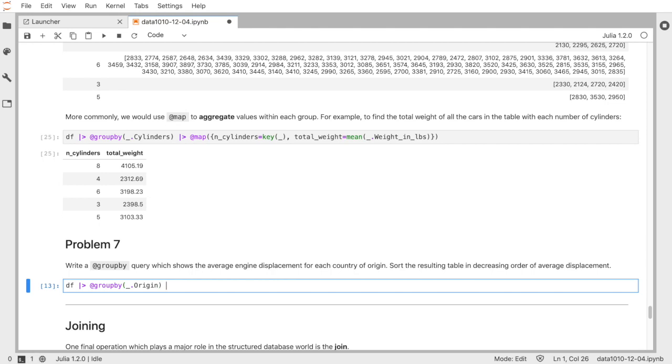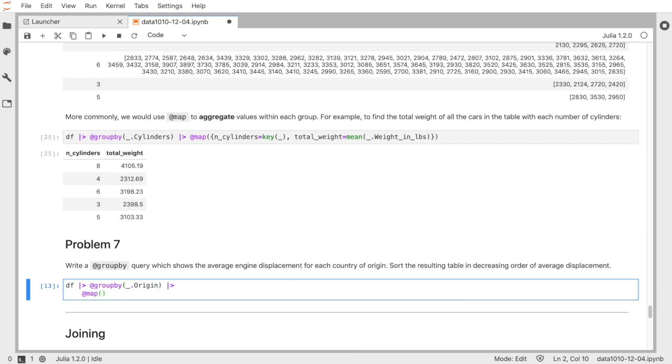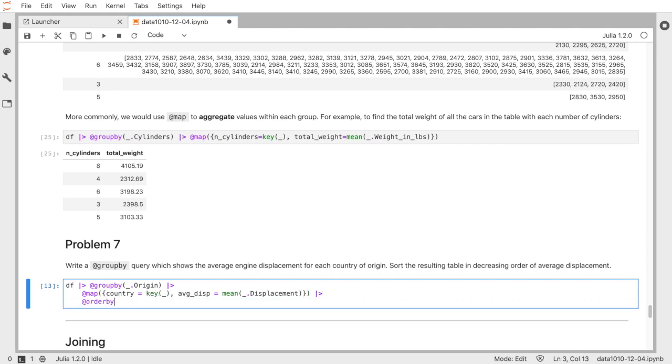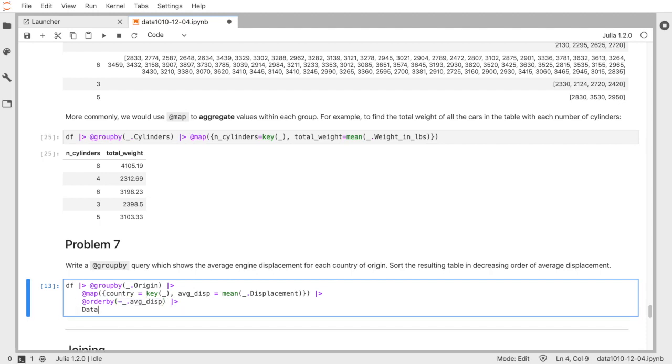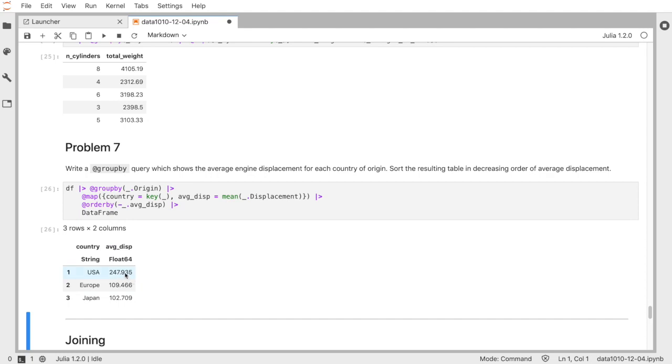So we group by country of origin. And then the aggregation we're supposed to perform reads the average displacement, which is going to be the mean of the displacement column for each group. And then we also need to keep up with the country value. And that's going to be the key of each group. And then we'll order by the average displacement, and we're supposed to do it in decreasing order. So we need to negate the average displacement or use order by descending and then collect that into a data frame. So the US cars have the largest average displacement by far, and Europe and Japan are pretty similar and